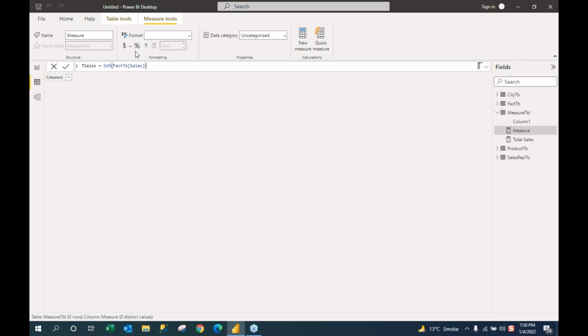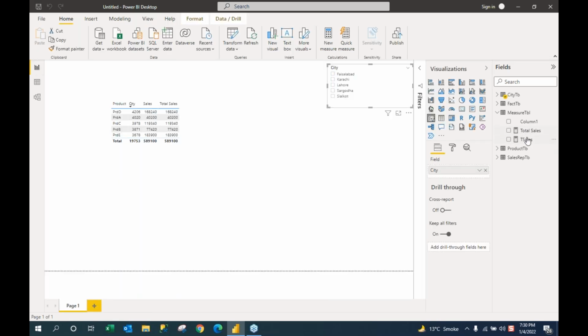Now, if you look at this particular measure, it has one column to sum, right? So I'm summing all the values of the sales column. If I press enter, I have another measure with the name T sales. I can use it in this and I will get the same answer. But what